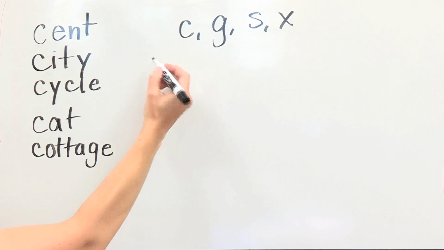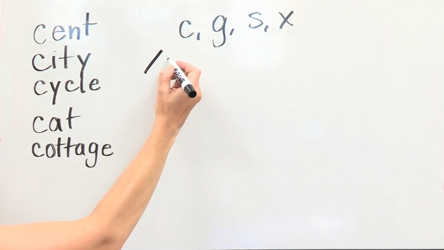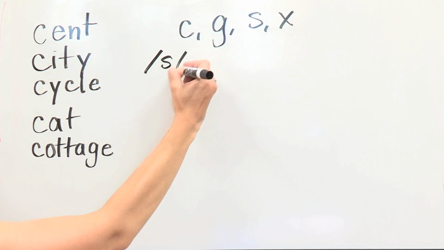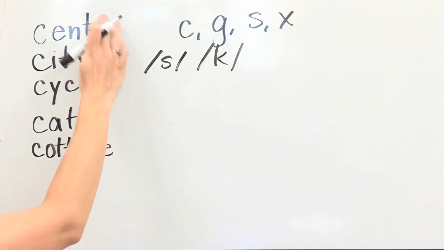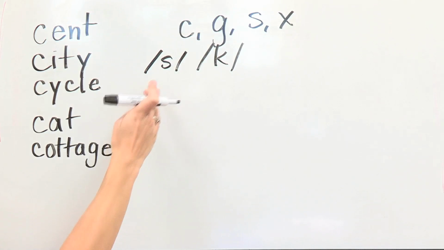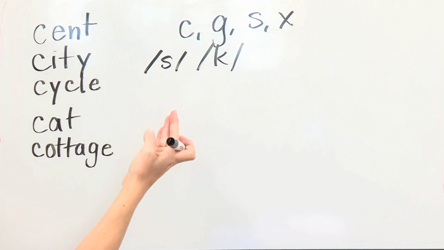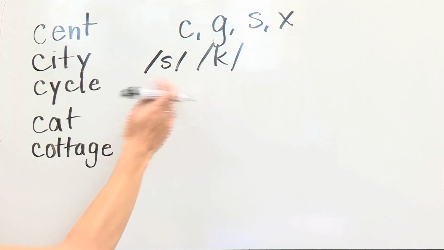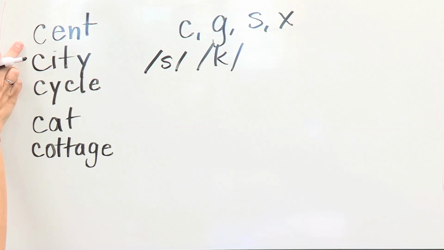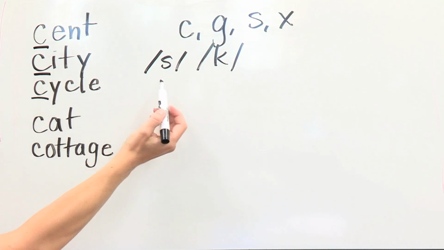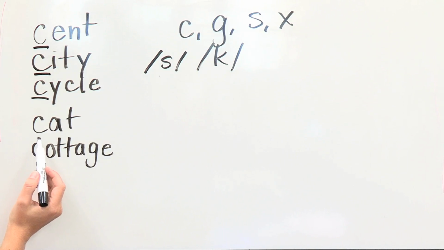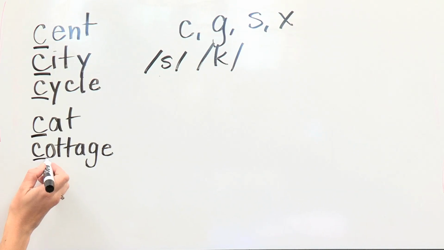It either makes the following phonemes: the soft sound, which is S, or what we call the hard sound, which is K. So let's look at these words, and there's actually a pattern that they follow and that you teach students so they understand which phoneme to make. So we have scent, city, cycle, and hopefully you notice the initial C for all of these it was soft. And then we have cat and cottage, and if you hopefully heard,